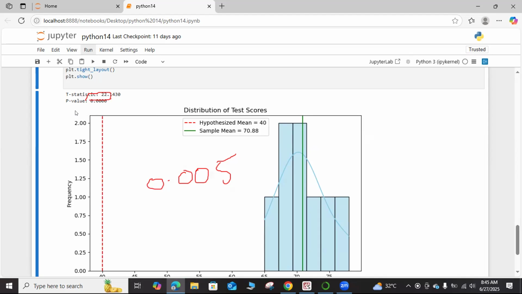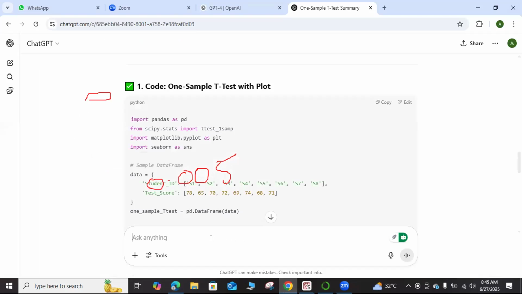Next step is how to save this plot. If you want to save this plot in your working directory, come to ChatGPT. Please open ChatGPT and write a message here, thanks. I want to save this plot in 600 dpi